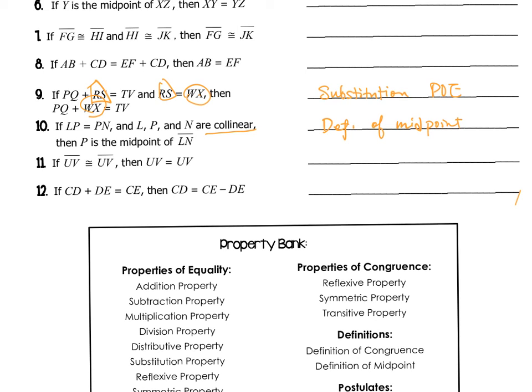Number 11, if UV is congruent to UV, then UV equals UV. So this is the definition of congruence. And number 12, if CD plus DE equals CE, then CD equals CE minus DE. So all they did was subtract DE on both sides to cancel that one on the left-hand side. So this is a subtraction